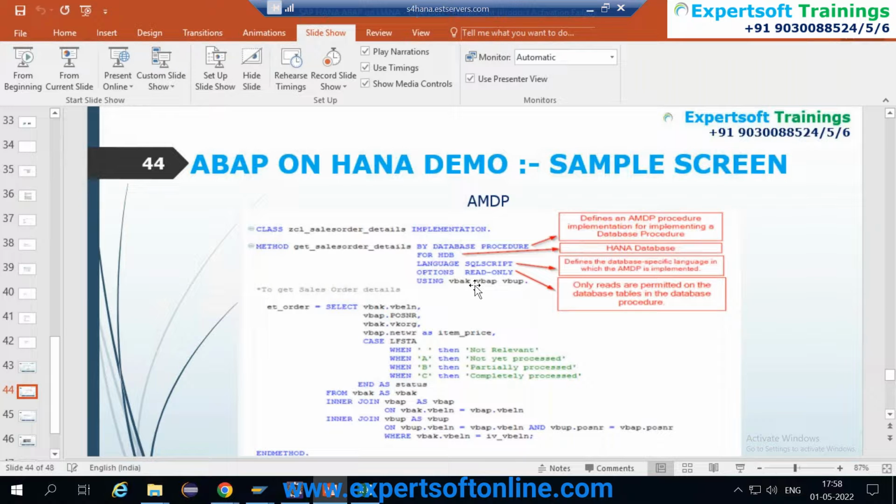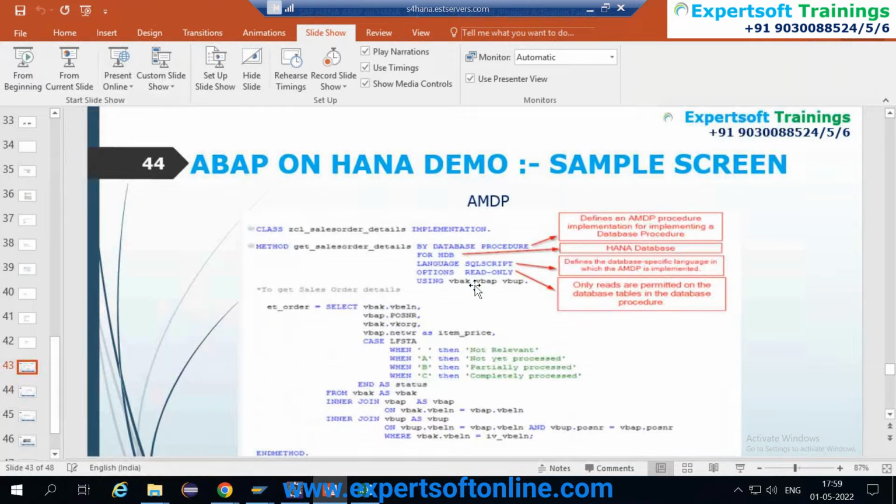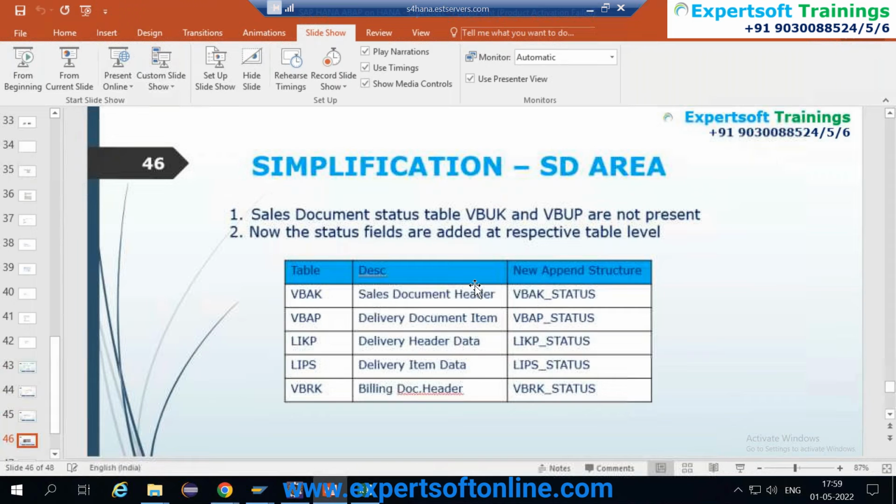Will you choose CDS? Will you choose AMDP? And what are the scenarios where you have to make that choice? Then ADBC is a small thing, it's the connectivity part. We will be taking a small session on ADBC, but the major part will be on AMDP and CDS views.